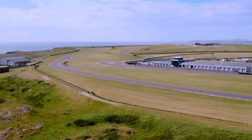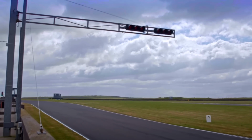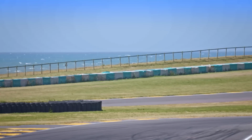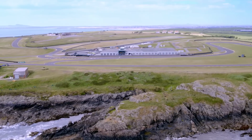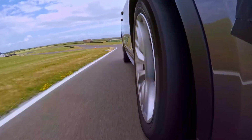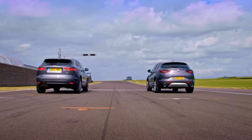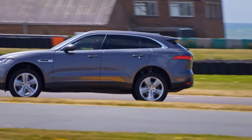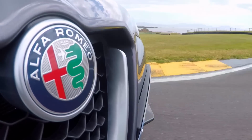Now it's time for a shootout. The mission is simple. I put 2 performance cars head-to-head to discover which is quickest around our Anglesey track. Today we are featuring 2 manufacturers renowned for producing sporty cars. Both have recently added an SUV to their lineup, so the question is, do they deserve their famous badges, and